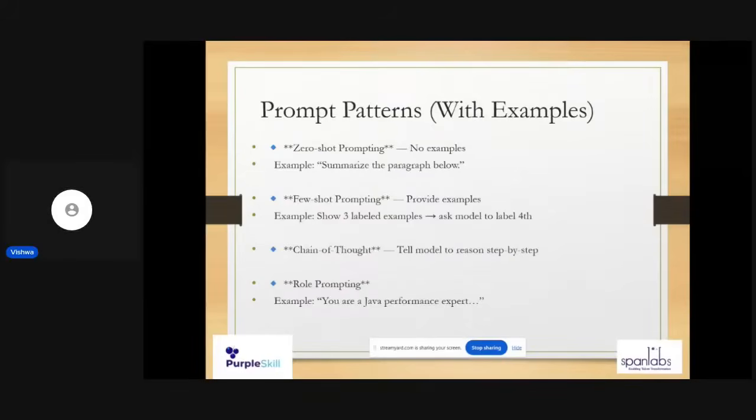So there are a few prompt patterns, correct? You can see zero shot prompting. You don't give any examples. Summarize the paragraph below, correct? That is what we call zero shot prompting. Few shot prompting, you provide examples, correct? So you saw the example of review which we did, correct? Movie and review, that's an example of few shot prompting. Chain of thought,